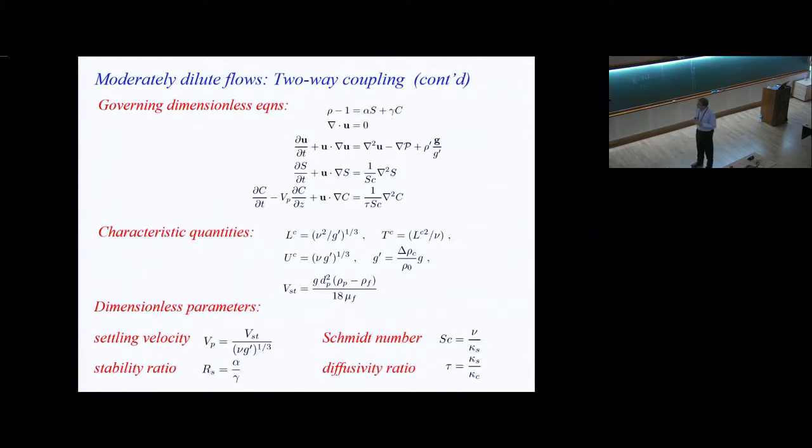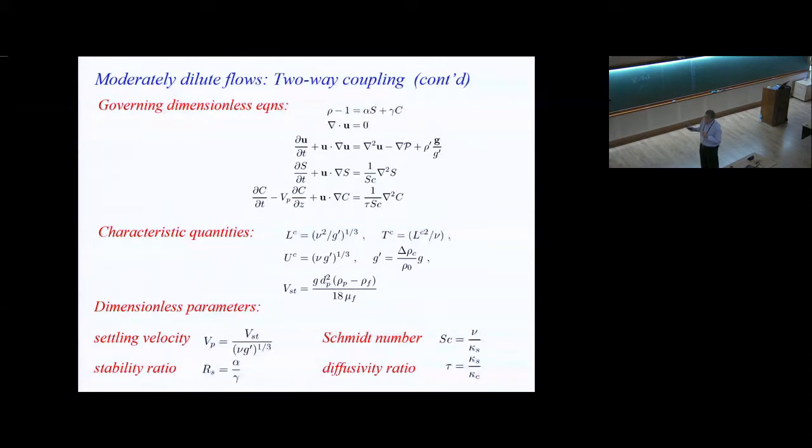In this problem that I described, we don't really have any external length scales that enter into it. And so as a result, we use viscous scales and buoyancy scales to make things dimensionless. And that then leads to 4 dimensionless parameters. The first one is a dimensionless settling velocity of the particles. So think of the Stokes settling velocity made dimensionless. Then we have the stability ratio. The stability ratio tells us how big the contributions to the density field are by the salinity field and by